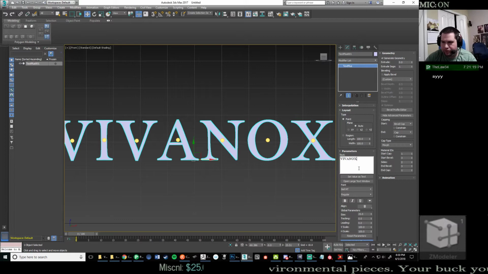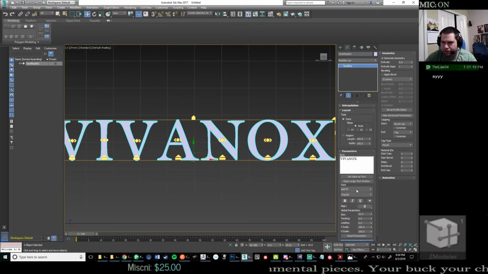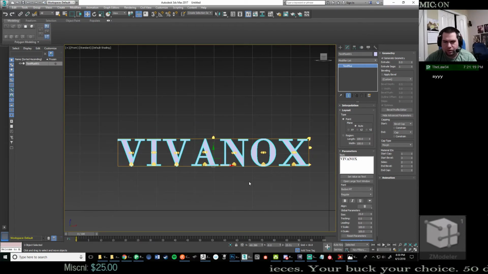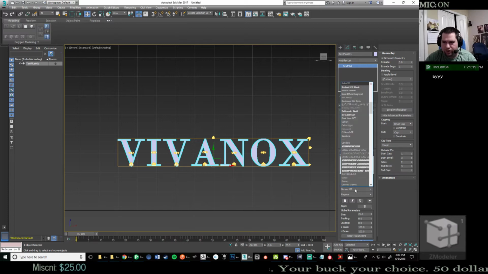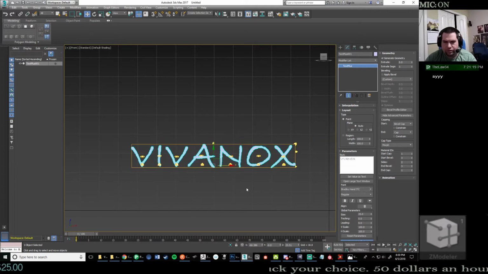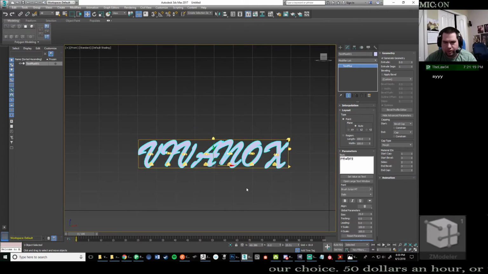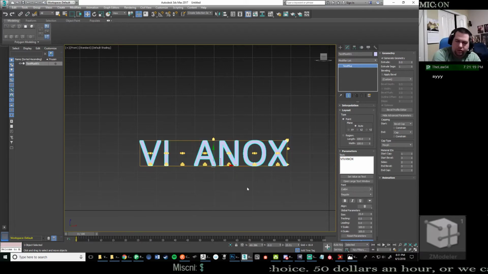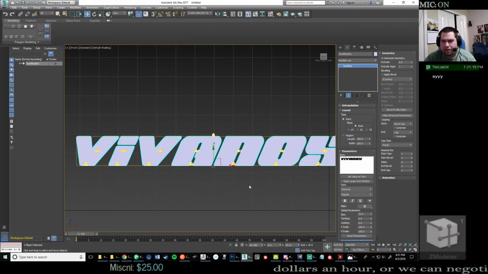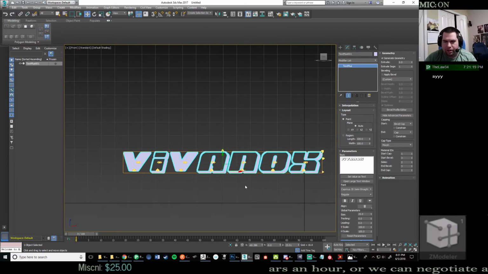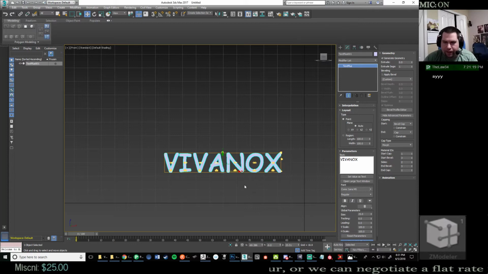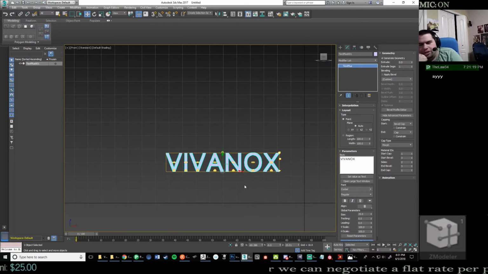You know, it has its rough edges, but also its rough design. And working with the name Vivanox, it's actually a bit tricky. Though I did figure out that the V and the X were very important to be taller than the others. The first V and the X need to be taller in the name. Or that was just what I assumed. Well, I'm going through all of my advanced system fonts now with this advanced text thing here, so we'll see if we can find the right font. Because the other one didn't have all the system fonts in it, this one does.